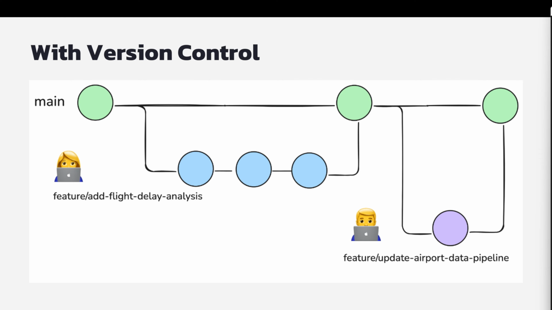When it's time to work on new capabilities, we would have a feature branch. So for instance, my colleague Kimberly might check out the code from my main branch and go ahead and work on a request for adding additional analysis related to flight delays and additional capabilities around those types of metrics. As she's working, she's committing different things. This is probably over the course of a few days or a week, maybe less. Maybe you get it all done in one day,